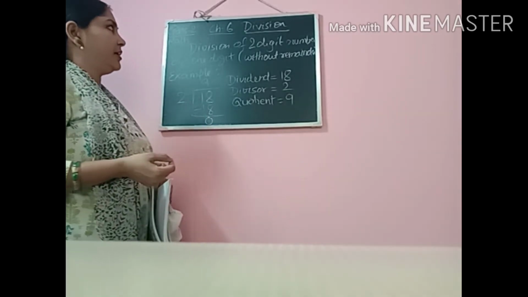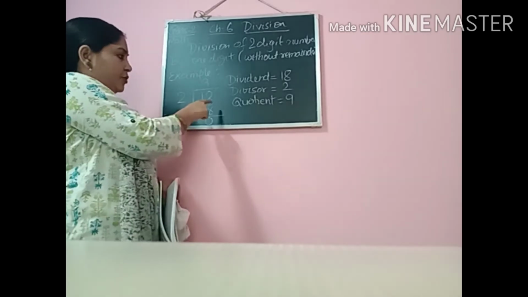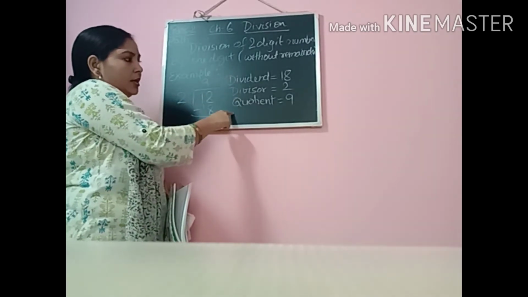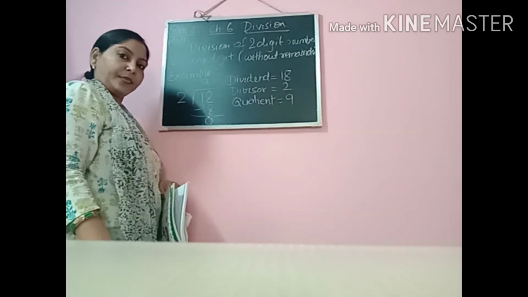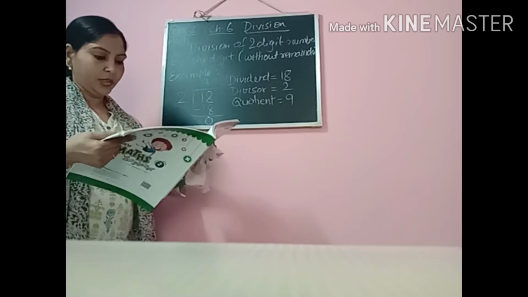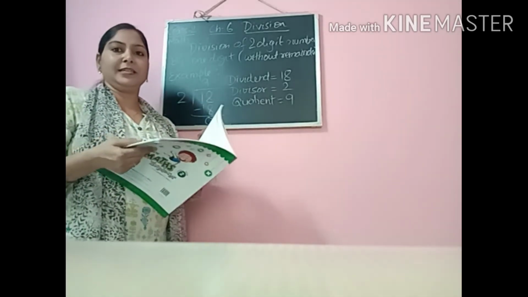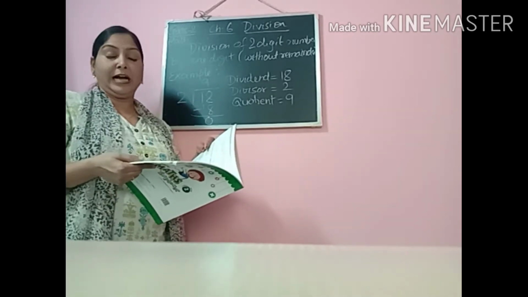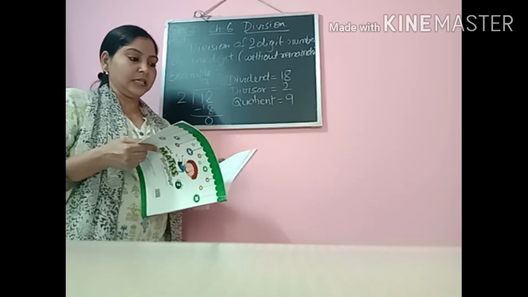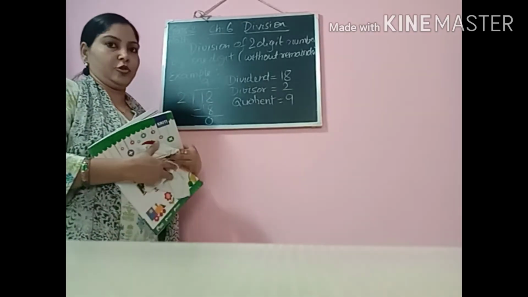So this is one of the topics which we are learning in this class. We have learned division of two-digit numbers. You can see here two-digit numbers are there, which we have divided by a one-digit number, and we have also found all the parts of division. So please complete page number 94, all the questions. You can also practice these division sums from any other book if you have. Now we move to the next topic.